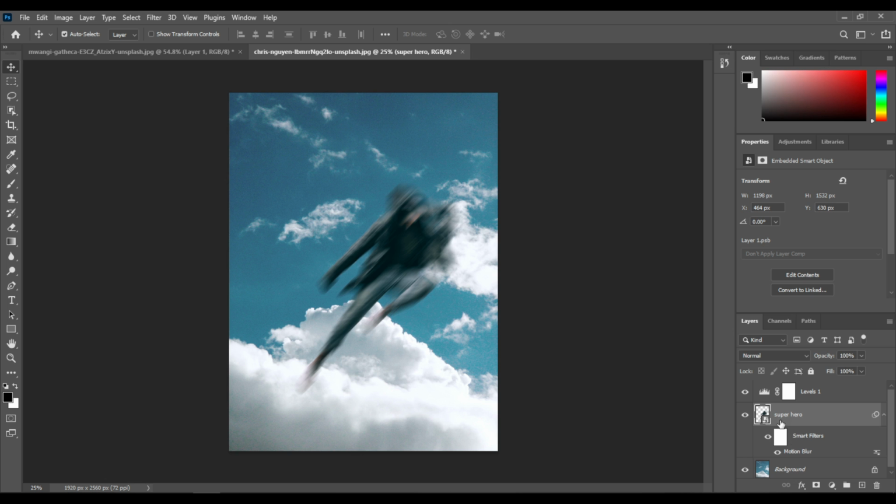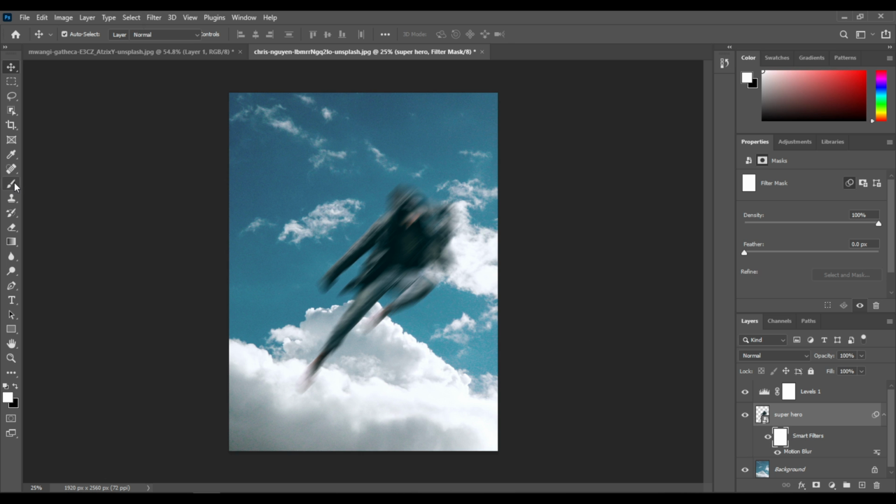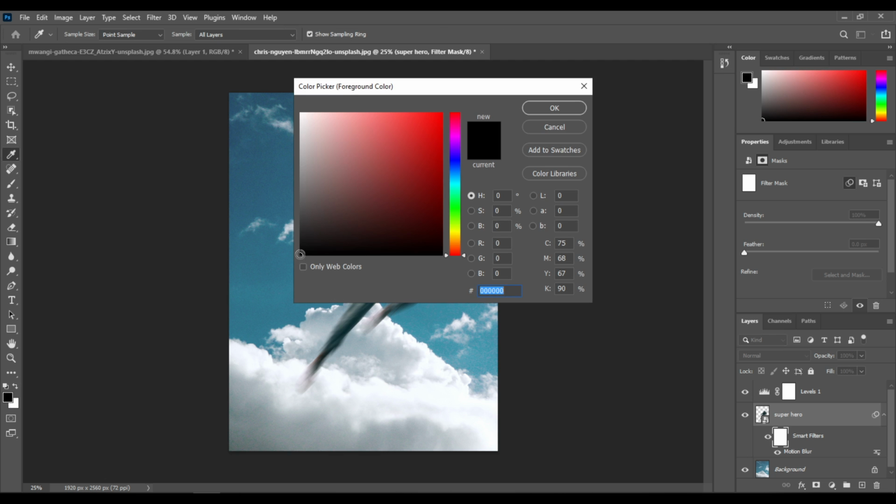Now you can see here below the superhero appeared the smart filters, and it has a layer mask. So let's select the smart filter layer mask and select the brush tool and pick black for the foreground color. So set it to black,